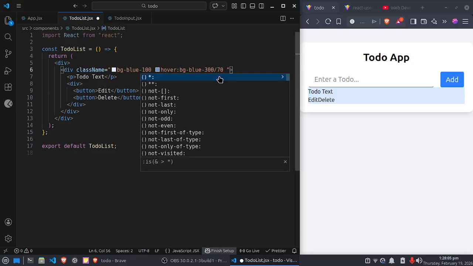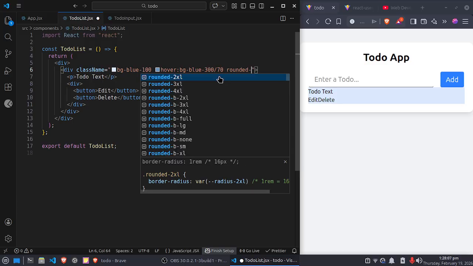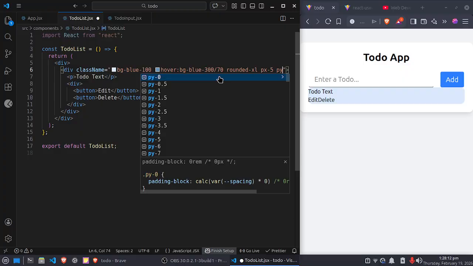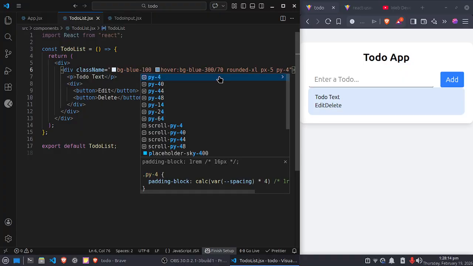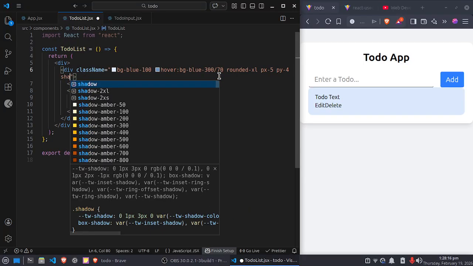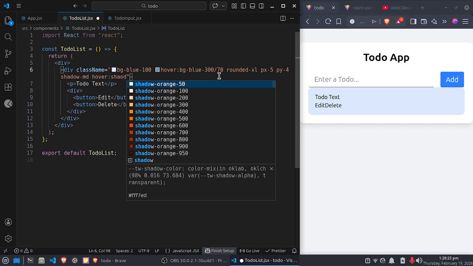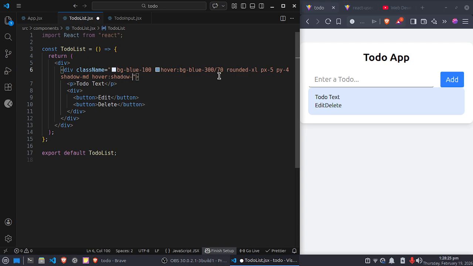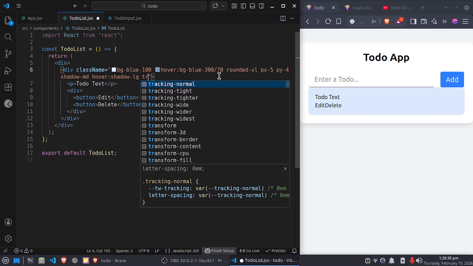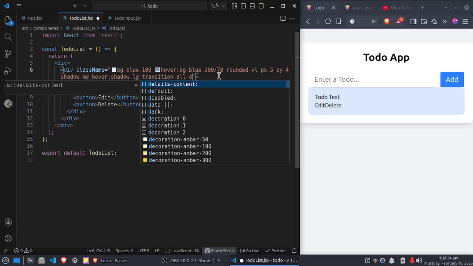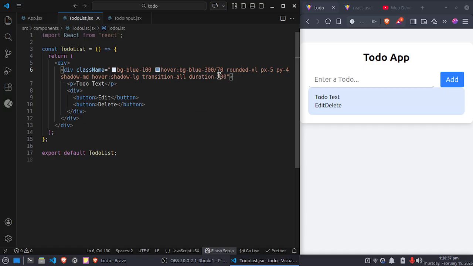And on hover, rounded is XL, px5, give the padding px4, and also give here the shadow of MD, and on hover shadow is LG, and transition all, and duration here is 500 milliseconds,